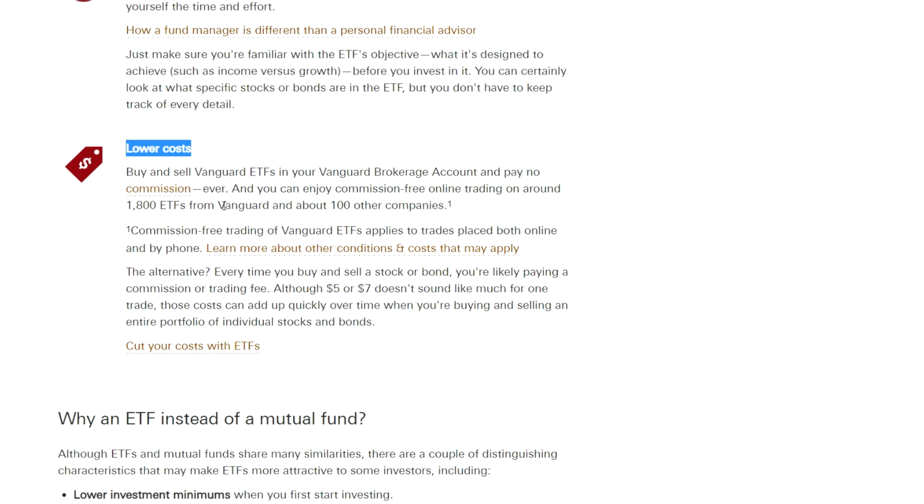And while there are a lot of brokerages out there that are commission-free, and the one I'm going to recommend to you is commission-free, there are still a number of brokerages that charge trading commissions. That may not sound like a lot of money, $5 to $10 per trade, but let's say you're following a strategy of dollar cost averaging, and maybe every single month you're putting $500 into the VOO, the Vanguard 500 fund. Well, if you're doing $500 per month, that's going to be one trade per month. And let's say it's even $5 per trade. Well, over the course of a year,